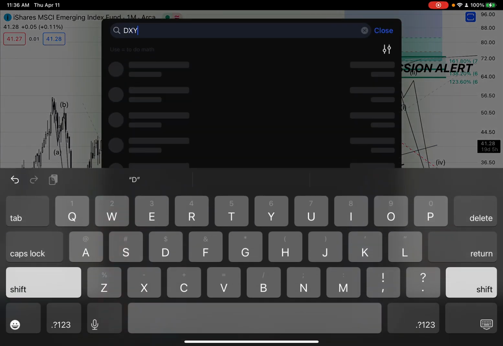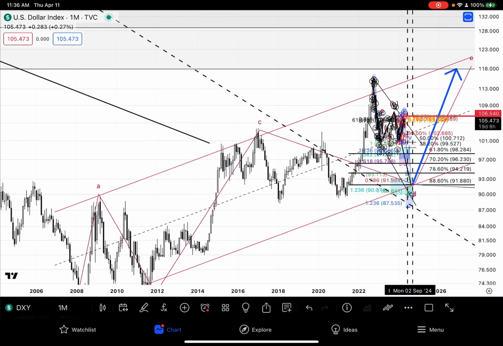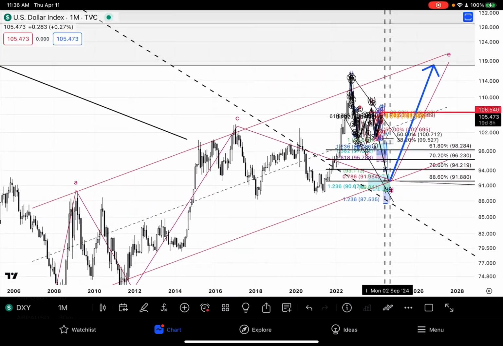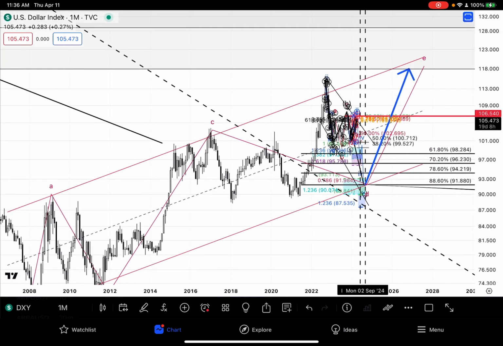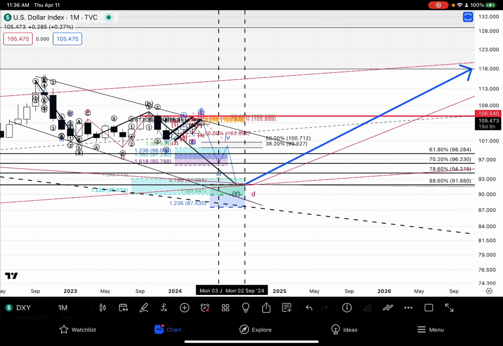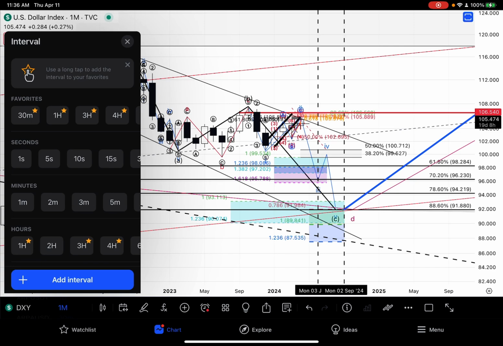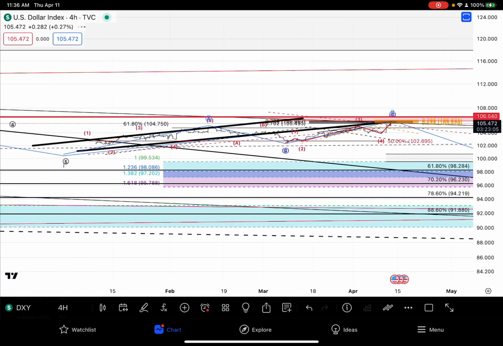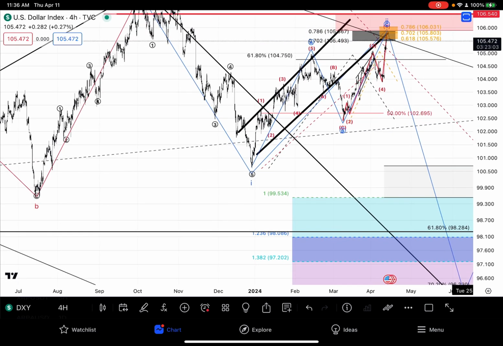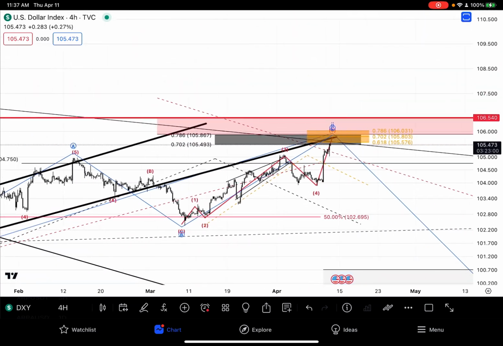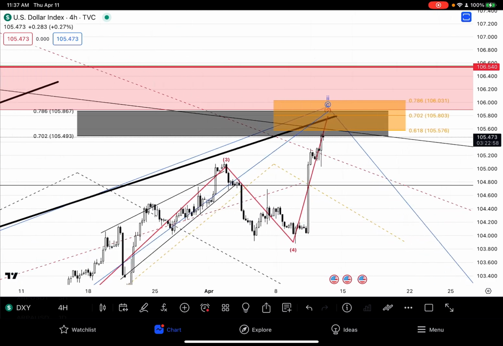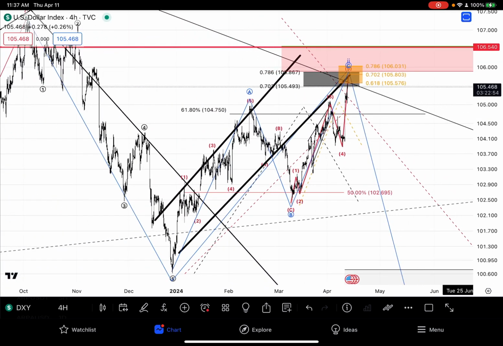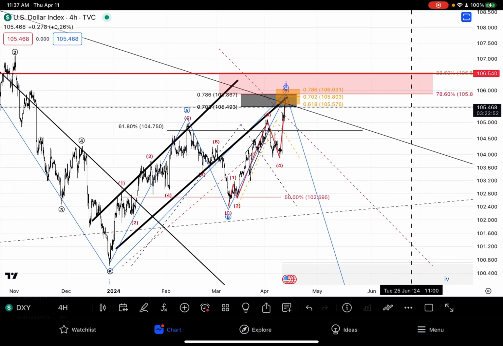Let's go back to the DXY over here. And so if we zoom out on the monthly chart, you see that we're just within this huge ascending channel over here. And I think that once we bottom out at around $94 to $89, then I think that we will make our way to $128. But so far, let's take a look at how the DXY performs here. Okay, because it'll be very telling to see what the rest of the market is doing